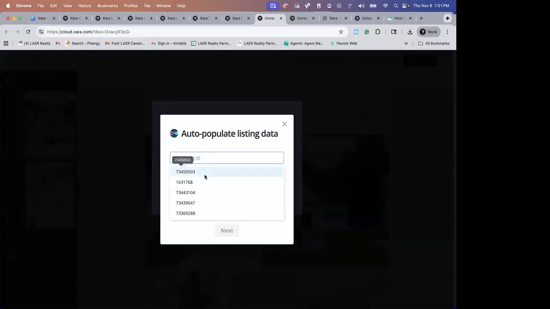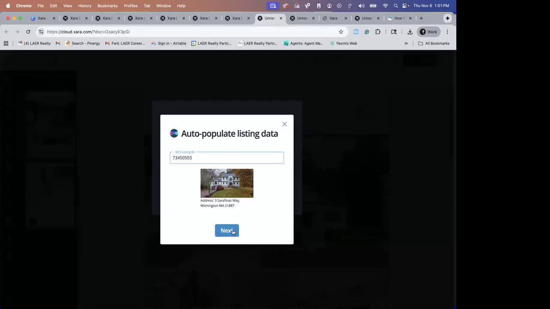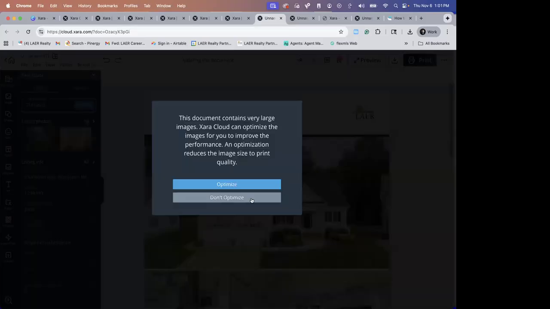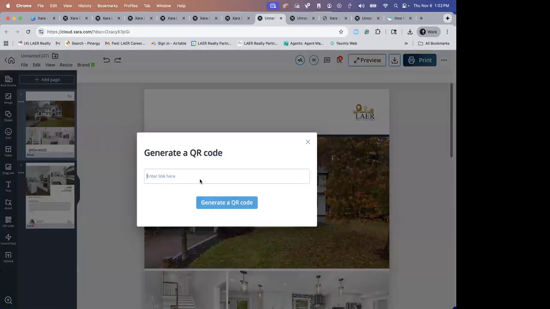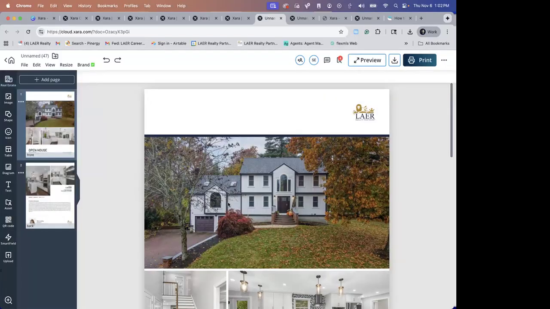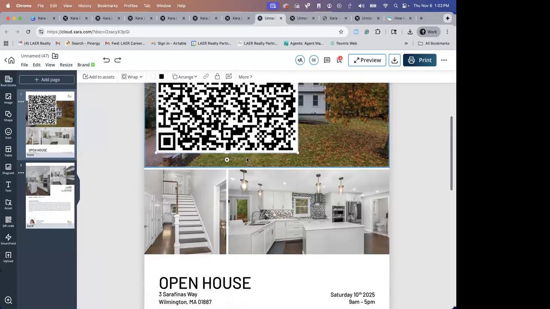So a QR code generator, you can give it any link, right? It doesn't have to be a listing. It could be a link to your own website. In this case, let me see if I can find a link on this for layer. Yep, there it is. So I'm gonna grab this link. So this section here on this left hand side, we can click on QR code. I'm gonna paste in the link to generate a QR code, and just like that, it just generated a QR